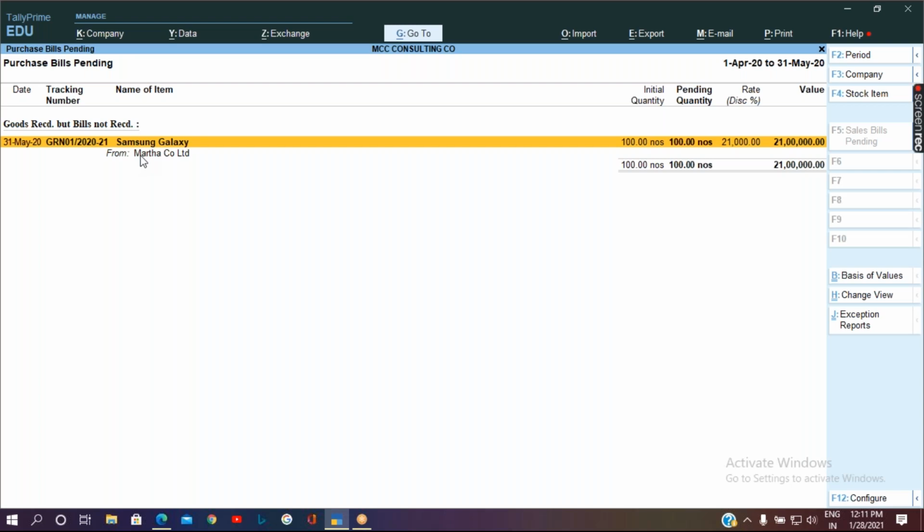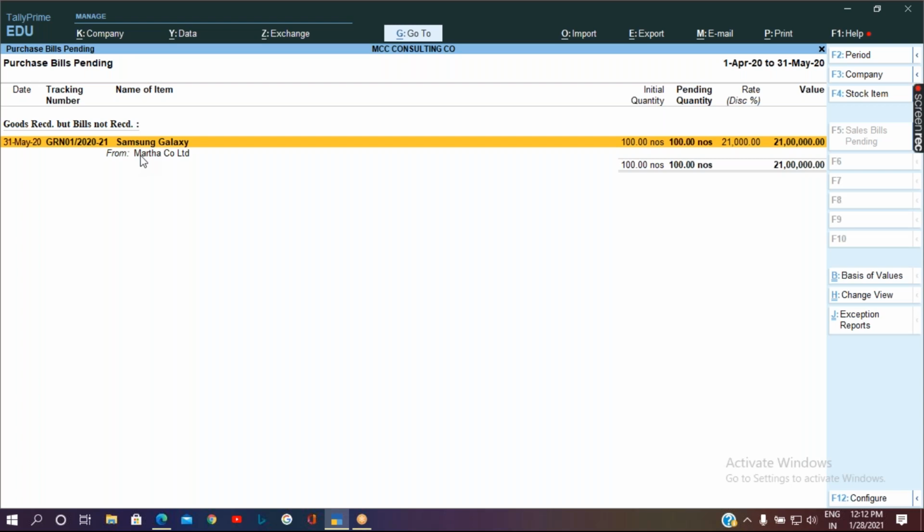If I want to return the goods, it will not be a purchase return or a debit note. It will be a rejection out, that is, the goods are rejected and sent out of this company. For that reason we are going to pass a rejection out entry.